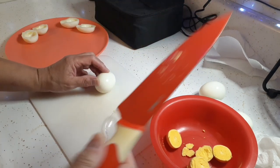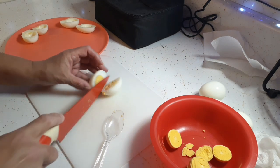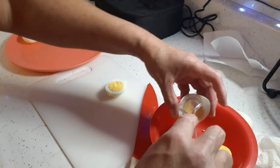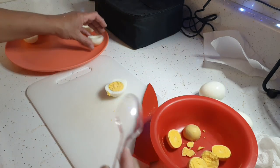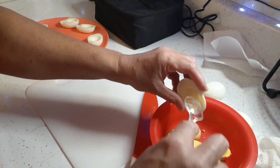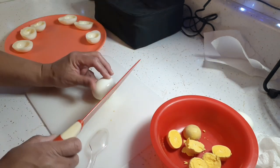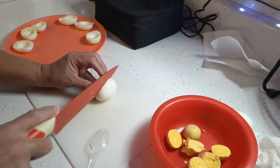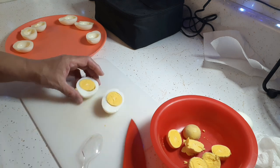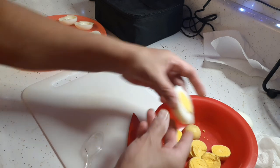And I have a funny story for you as far as deviled eggs are concerned. And I probably mentioned this story some time ago, maybe another time I made deviled eggs. But the very first time I made deviled eggs here in Wisconsin, it was the very first time I made deviled eggs, period. And when I cut the eggs,